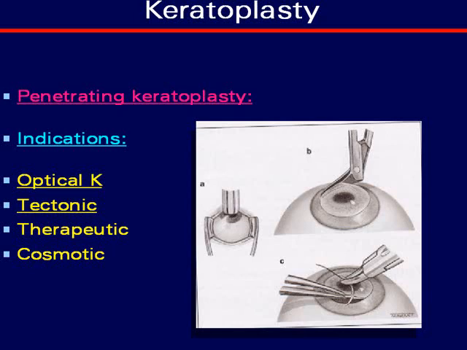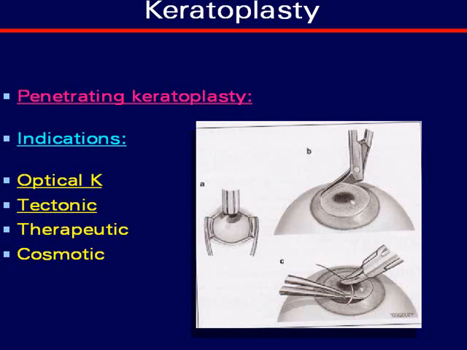Keratoplasty, we have to speak about keratoplasty as one modality of the management of keratoconus, and another indication of keratoplasty is the presence of corneal opacity. So we can classify the indications of keratoplasty into optical, to improve the optical state of the patient, like in keratoconus; tectonic, to preserve the shape of the eye; therapeutic, when we have malignant corneal ulcers that are not responding to any medical treatment. At that time, we have to cut the cornea and do a new cornea, that's keratoplasty; or cosmetic reasons, when